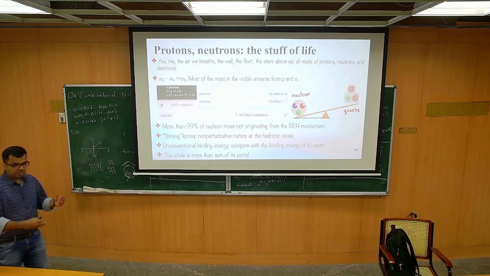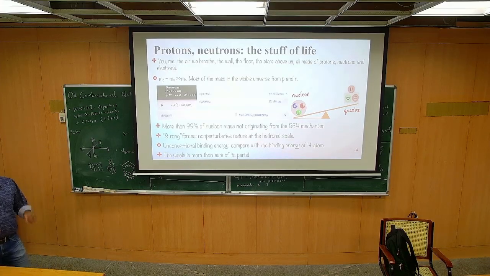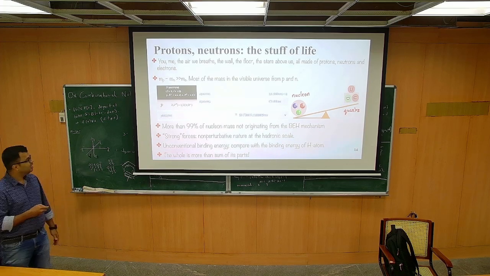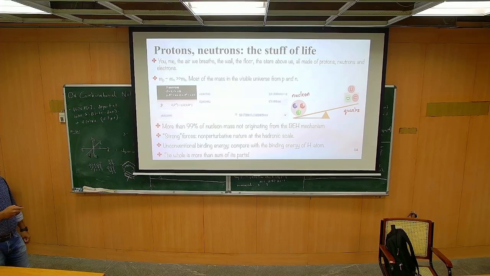Recall that I said any fundamental particle gets mass from interaction with the Higgs field. The proton is no longer fundamental. The proton is a compact, composite object built out of U and D quarks, so it doesn't directly interact with the Higgs field. So any mass that the proton gets is primarily from some other source. The BEH mechanism is basically this Higgs interaction mechanism, standing for Brout, Englert and Higgs.